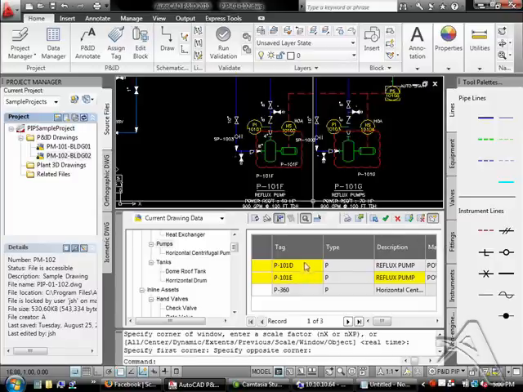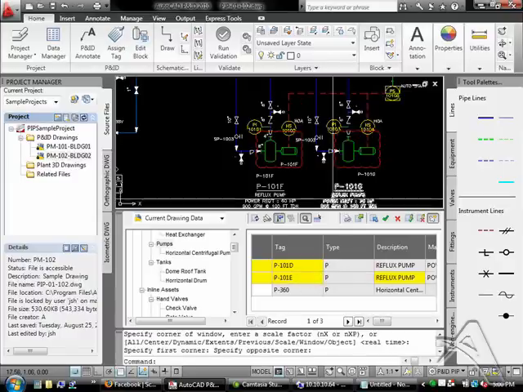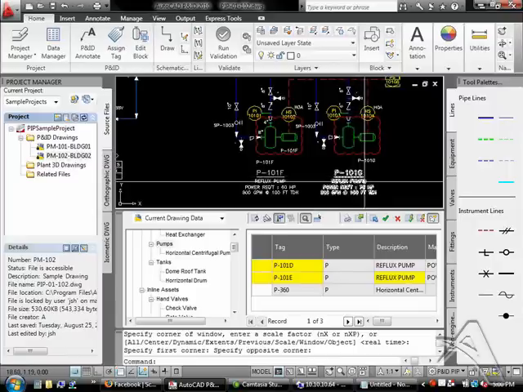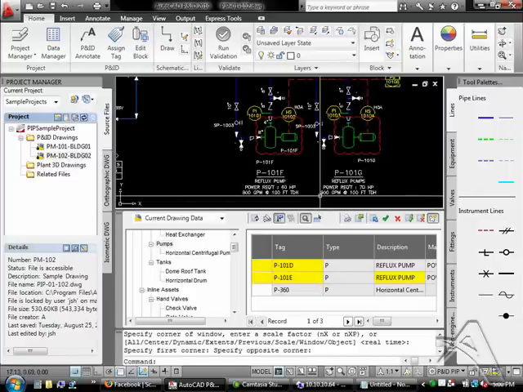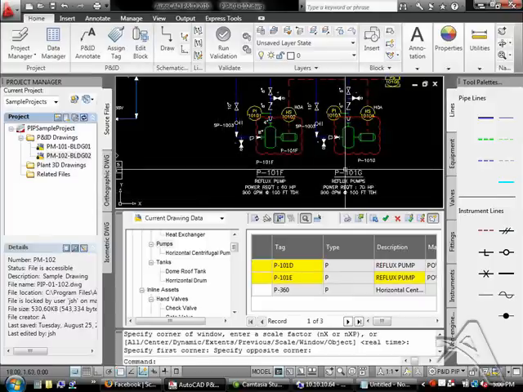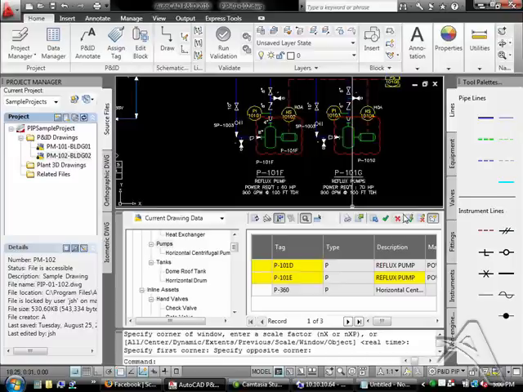So we want to accept. I want to accept the change here and all the changes in description. So what you're going to notice is this pumps right here is going to say pump when it's done. It's also going to change this 800 to 600, and then the tag information is going to change. This will say D and this will say E. So I'm just going to accept all,